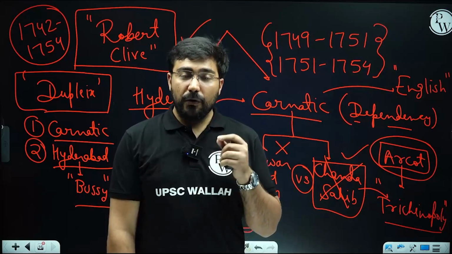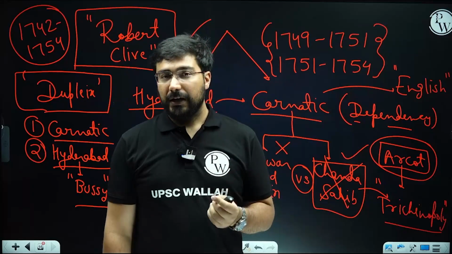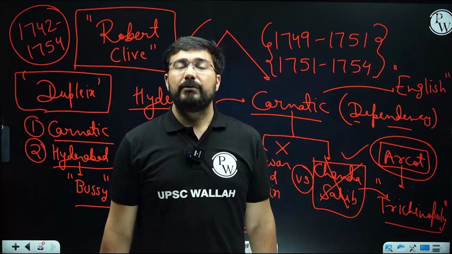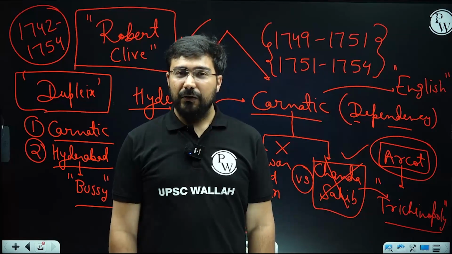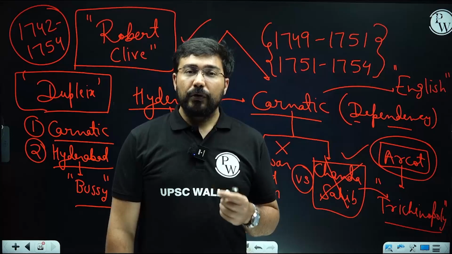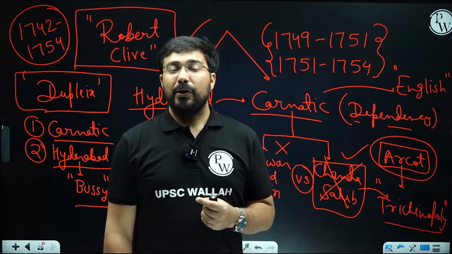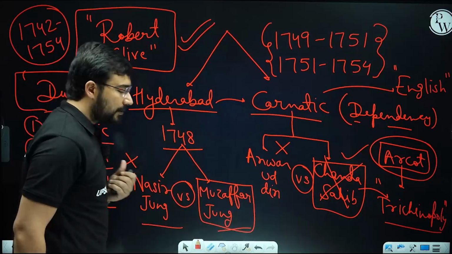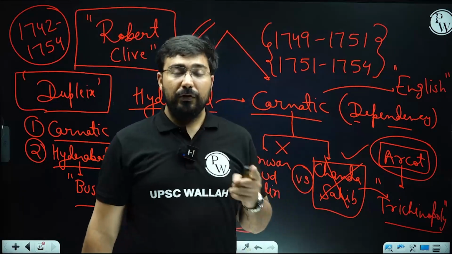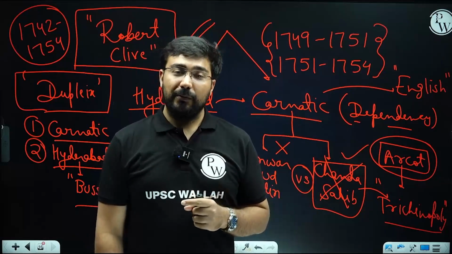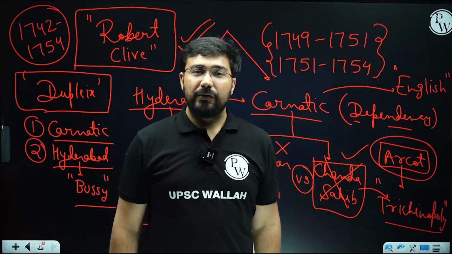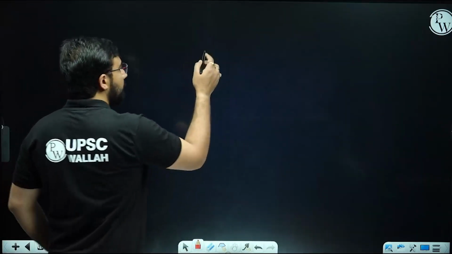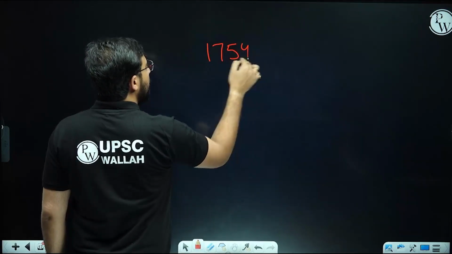They were not having their own money to fight against the enemy, and that's why they had to always depend upon Paris, and whatever decision was taken by Paris was to be accepted. And this was the reason why during the initial years, where more flexibility was required in order to create an empire, Robert Clive will become the person responsible for the creation of the British Empire. Even before him, Dupleix could have created it, but Dupleix was recalled by the French, and this was a blunder for the Frenchmen. After 1754, the turn of events came in favor of the British.